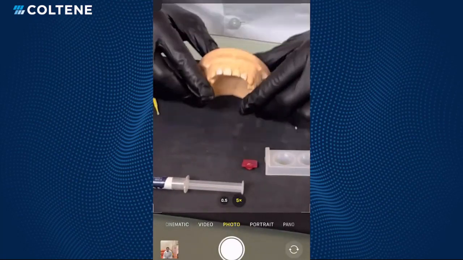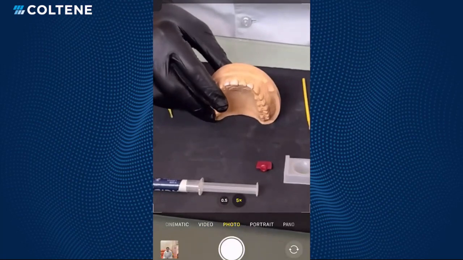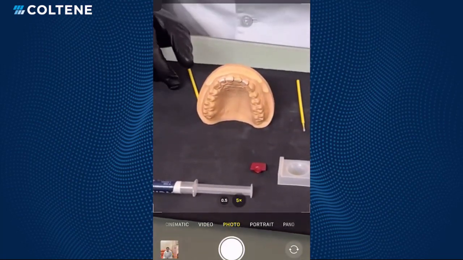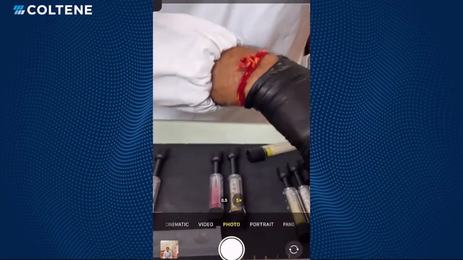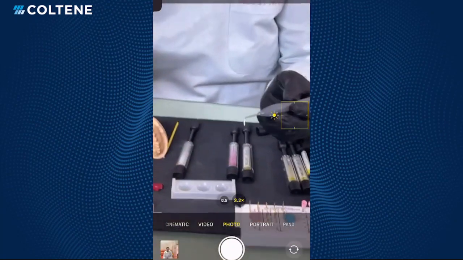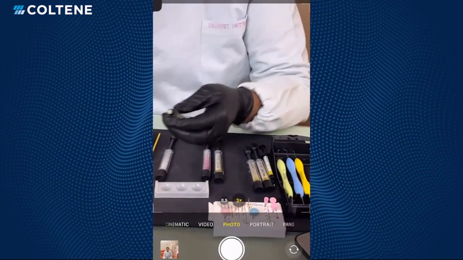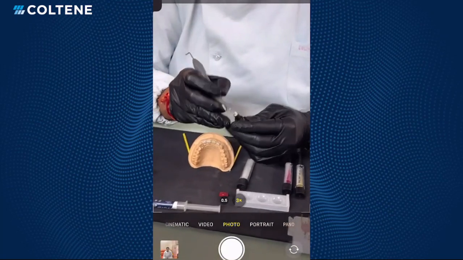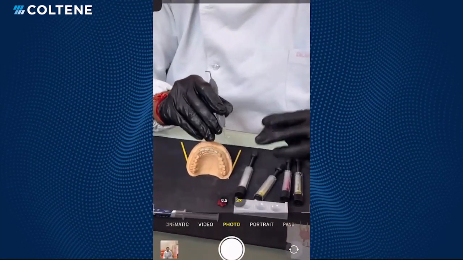If you have a shade guide, it's very easy to do the shade selection. But even if you don't have a shade guide, one traditional trick is that we take different composites, and these are my clinical student instruments. What we do in the absence of a shade guide, we take a small increment, make it a ball,